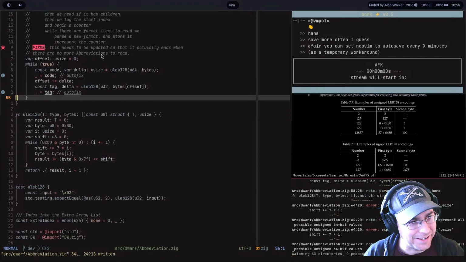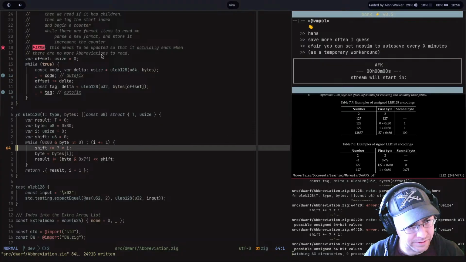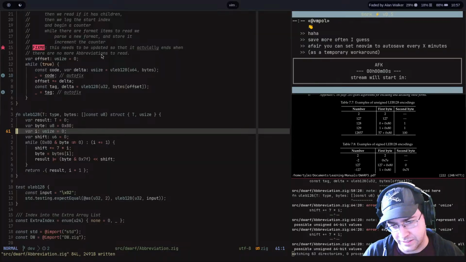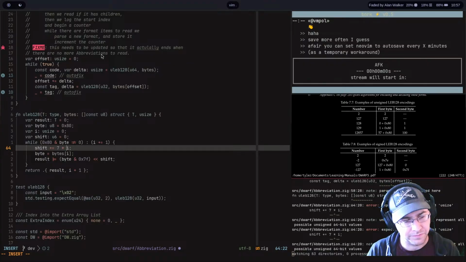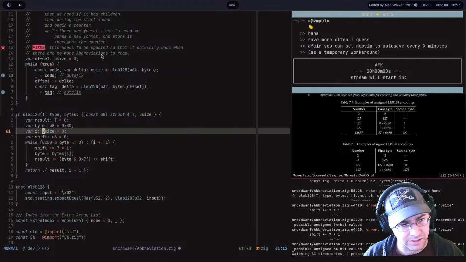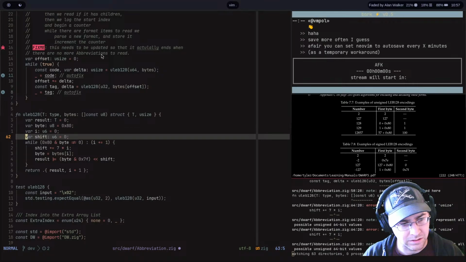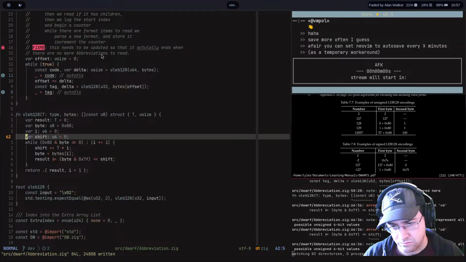Where were we? Okay, now it's saying U6. That's what I thought. 64. Shift, expected U6, found usize. Yes, so we need to do all the casting here. So, in fact, why don't I just... Oh,